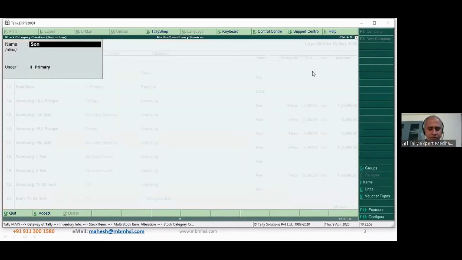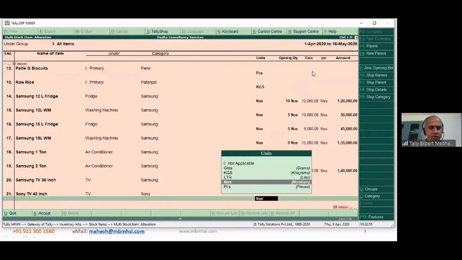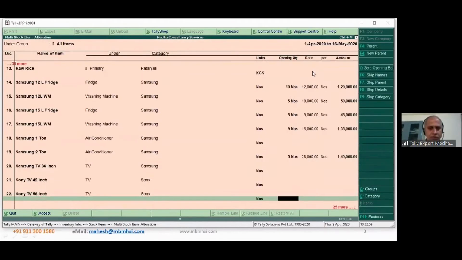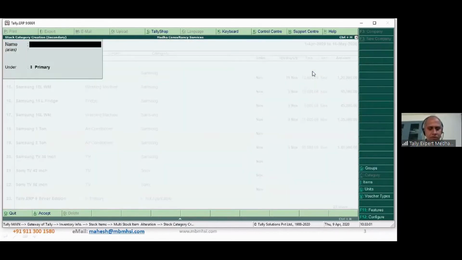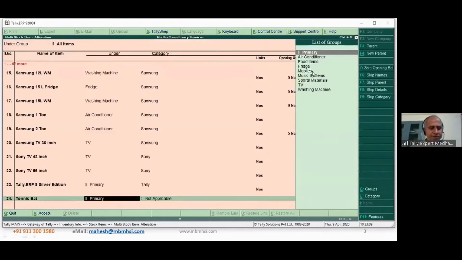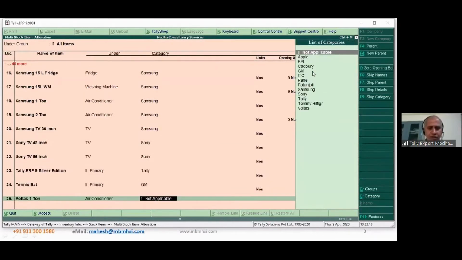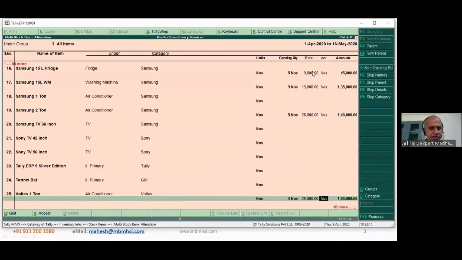Sony. Tally products, or I'll just say software. Sorry, we are looking at the brand. Tally is a brand by itself. Tennis bat comes under GM. Voltas comes under Voltas.